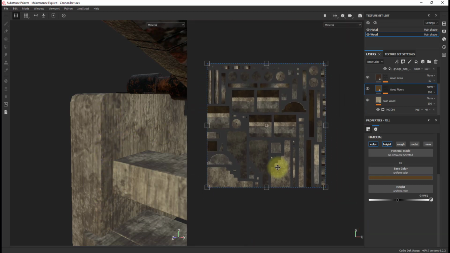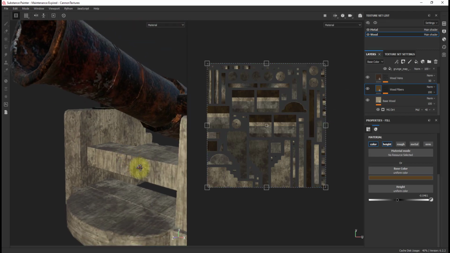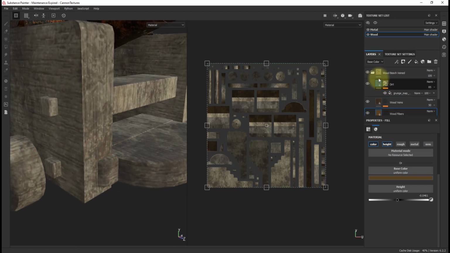So there's a few things we can do here. Number one, we could get this all figured out before we actually move it to the texturing software. So make sure the UVs are all facing the same direction. Now the issue with that is sometimes when you do that, you sacrifice space. So the other option in this case is we can take this material here and we